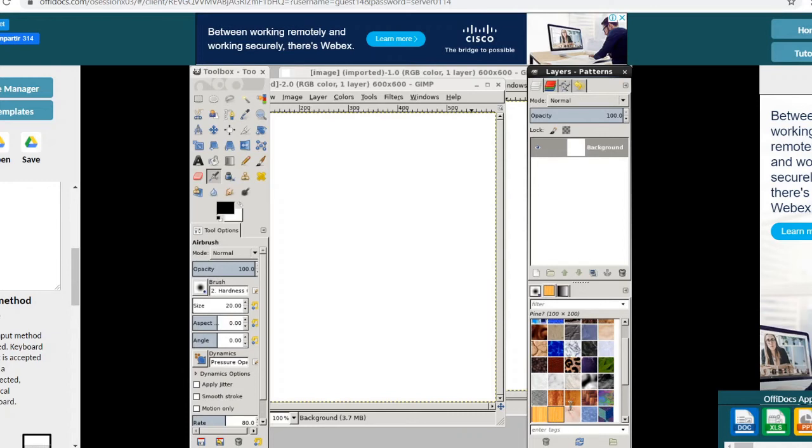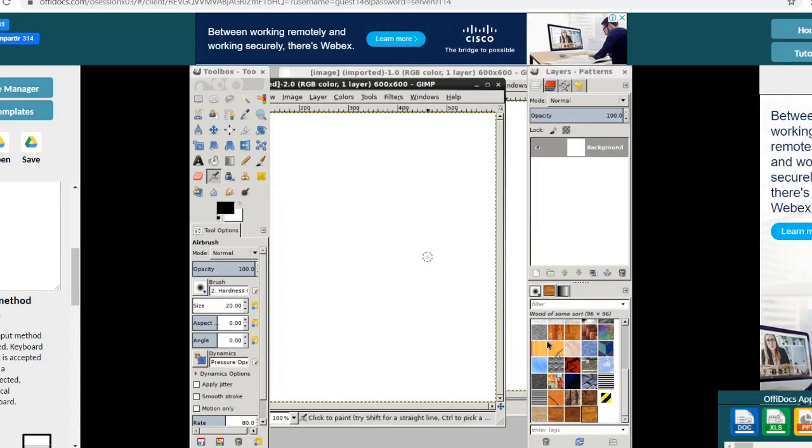I can select any from these patterns. There are so many patterns shown here. So in this way you can select different patterns from here.